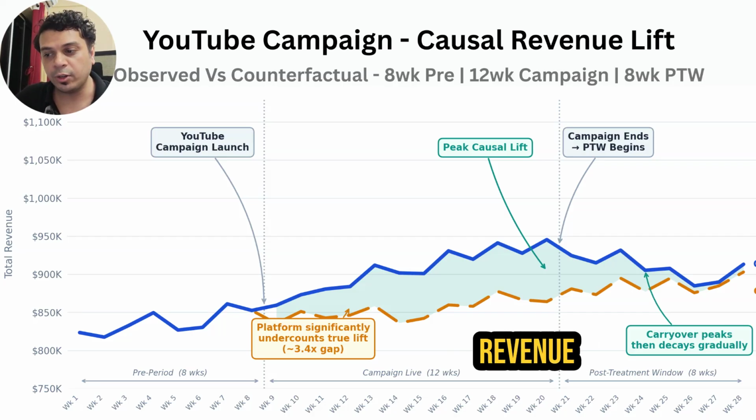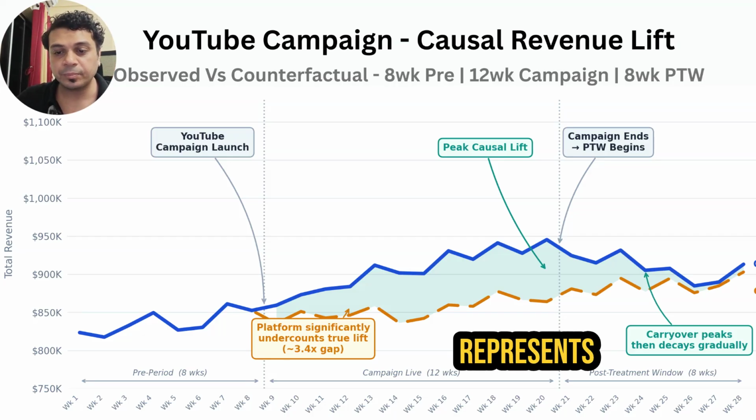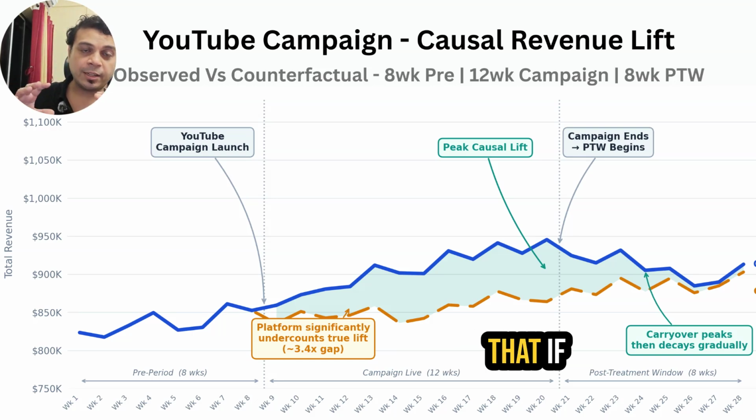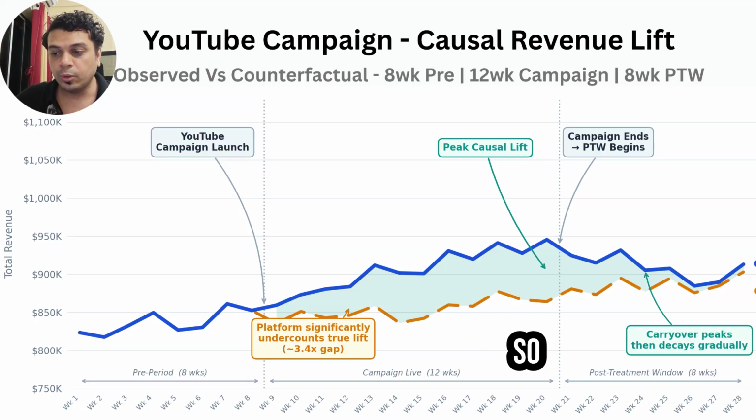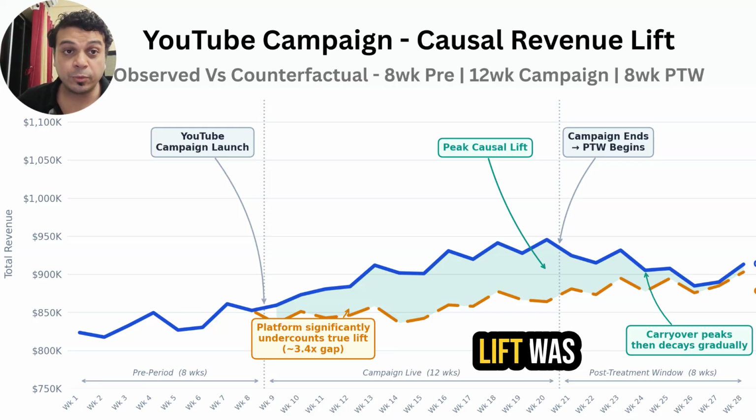So we're going to look at causal revenue lift, and the deep blue line that you see here represents the actual observed revenue. There is also an orange line that starts right after the first dotted line, where the campaign started. This is the counterfactual, which shows what the revenue over time would have looked like if the YouTube campaign had never been launched. On the x-axis you simply have the weeks, and on the y-axis the total revenue. The total incremental lift was over $650,000 in this case